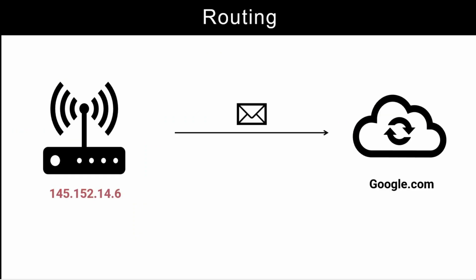Now let's try to understand how routing works with such IP addressing scheme. Routing of any data packet is very much similar to how your physical letter is sent via postal or mailing service. If we have to send some physical letter to some recipient, then we need to specify the address of the recipient on the letter. This address is organized in hierarchical manner in terms of country, state, street, and finally the house number. And based on this addressing scheme, the letter is first sent to the correct country, then to the correct state, then to the correct street, and then finally delivered at the recipient's doorstep based on his house number.